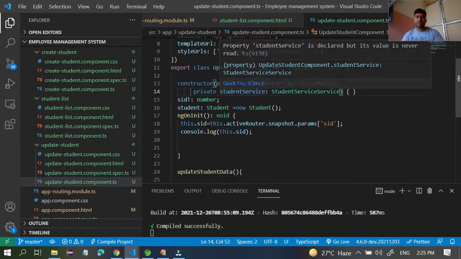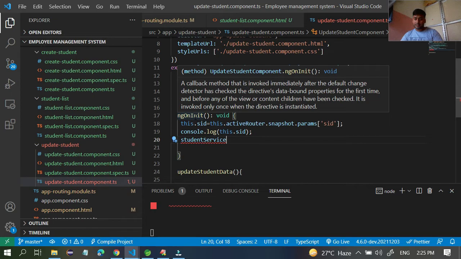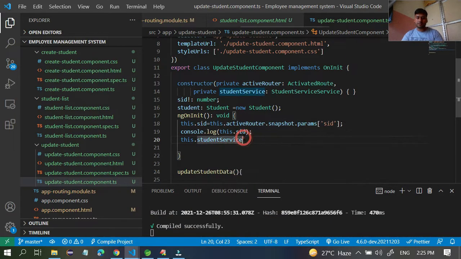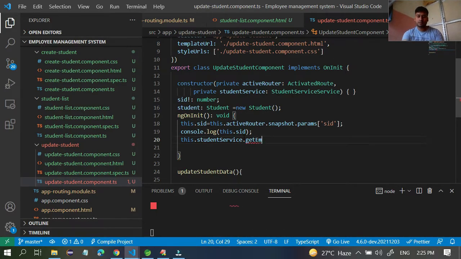So you have created one student service. Through this student service you can call its methods here: this dot student service dot get student by id.